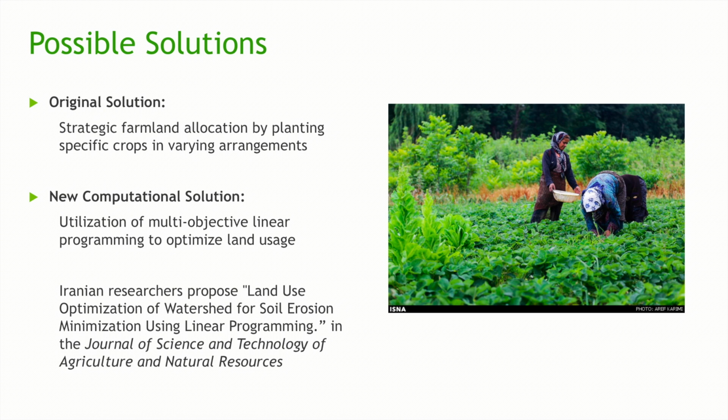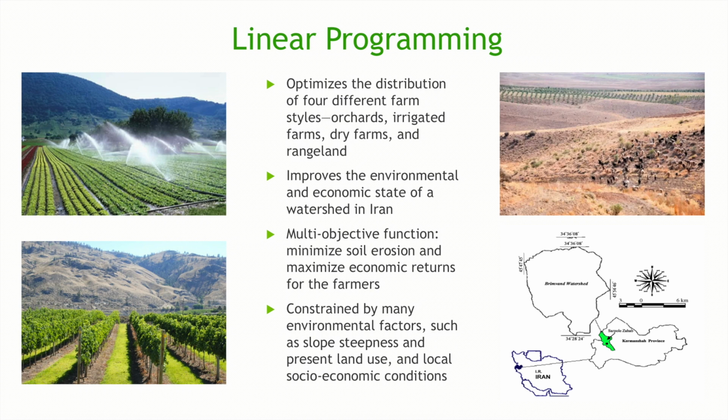One of the main tools that farmers have for mitigating soil erosion is strategic farmland allocation by planting specific crops in varying arrangements. A new computational solution that was proposed by Iranian researchers is the utilization of multi-objective linear programming to optimize land usage. In the Iranian researchers' linear programming model, they tried to optimize the distribution of 4 different